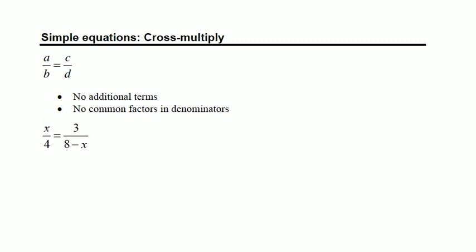A simple rational equation, which is also sometimes referred to as a proportion, is one that's in this form here, where we could describe that as just a fraction equals a fraction. A single rational term on each side of the equation. If there are no additional terms, and also no common factors in the denominators, then we can solve this by